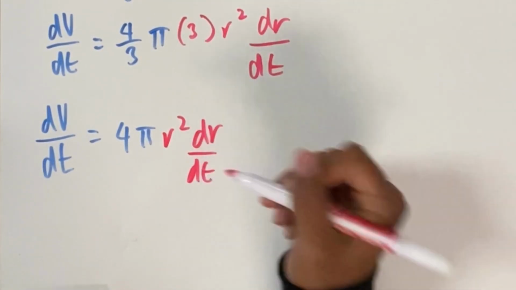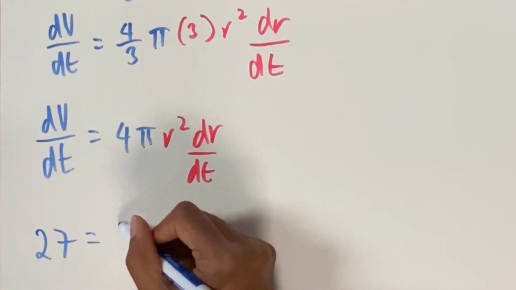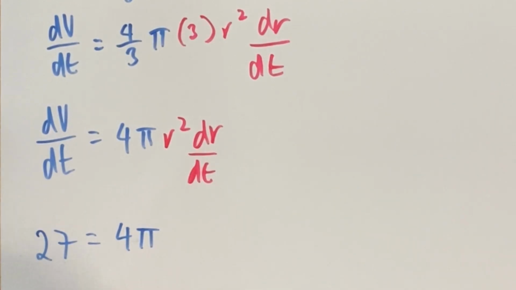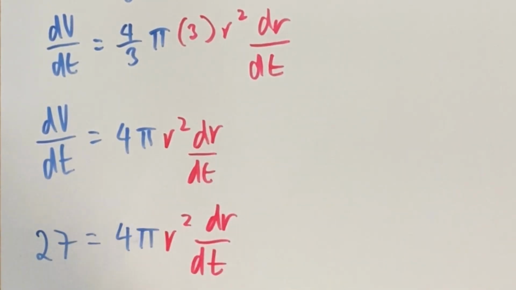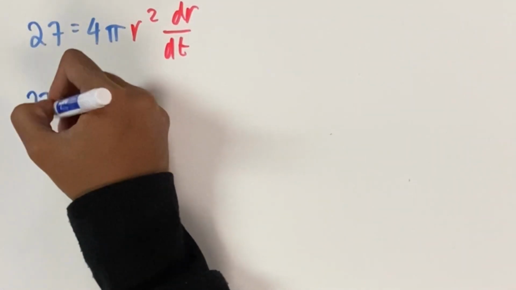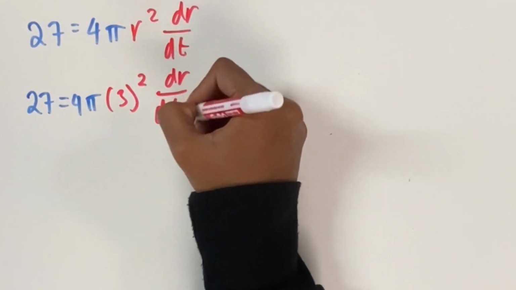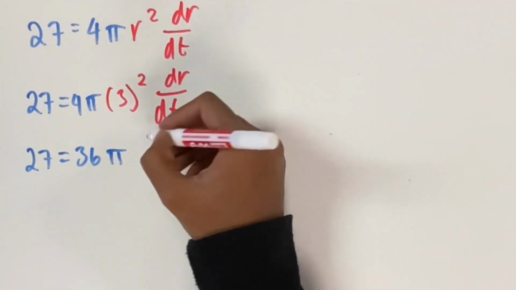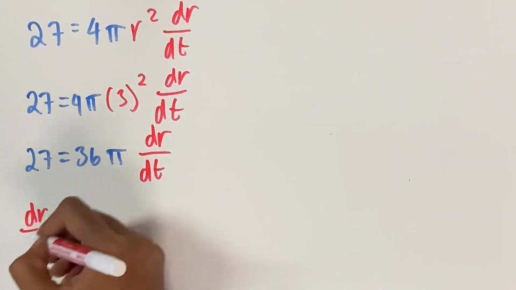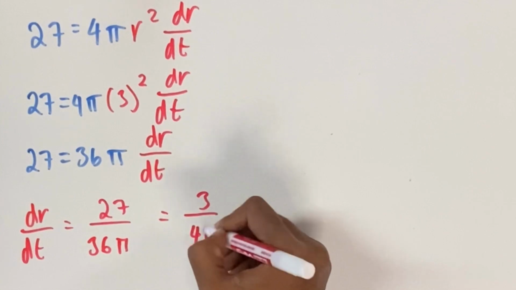Because we know dV/dt equals 27, we can substitute this value into the equation, leaving us with 27 equals 4 pi r squared times dr/dt. Now, to solve for dr/dt, we can substitute 3 in for r. This leaves us with 27 equals 36 pi times dr/dt. To solve for dr/dt, we will divide both sides by 36 pi, leaving us with dr/dt equals 3